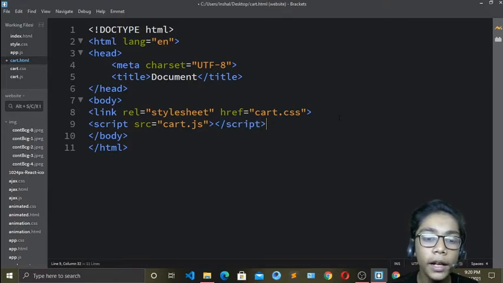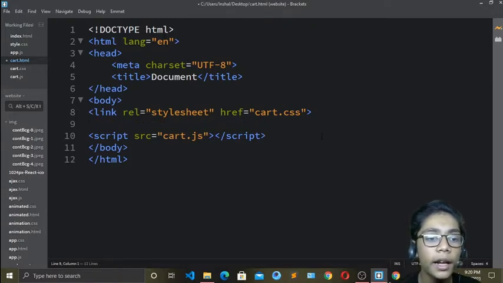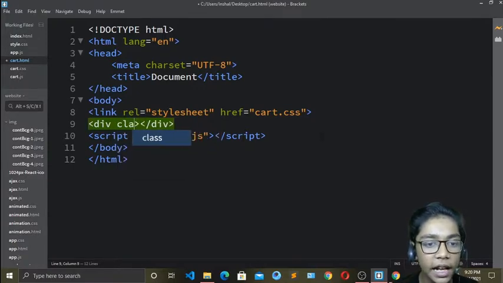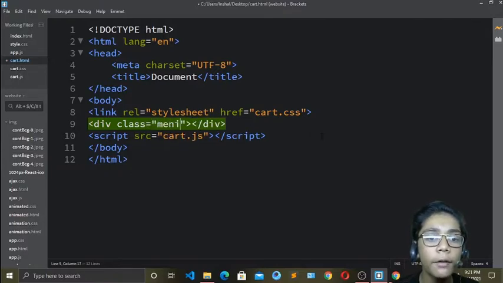Okay, so over here, underneath this link tag, I will write all the code which I have to write. So first of all I will come over here, and here I will write another thing which is called div. Okay, so now I will write div, and over here I will write the class of menu. Okay, because first of all I have to make the menu bar like I've shown you. We will not float it to the right, because like I've shown you it was in the center. Okay, so I will also take all the things in the center. And over here there is no background color in my nav bar, so I will not give any background color.